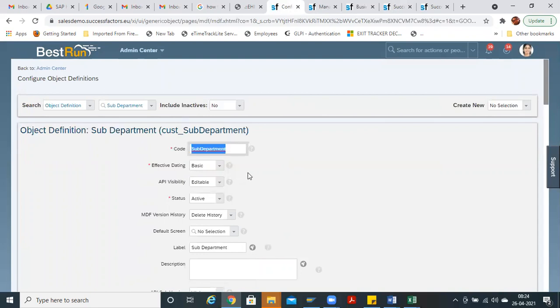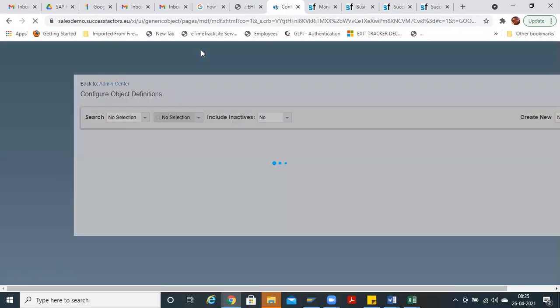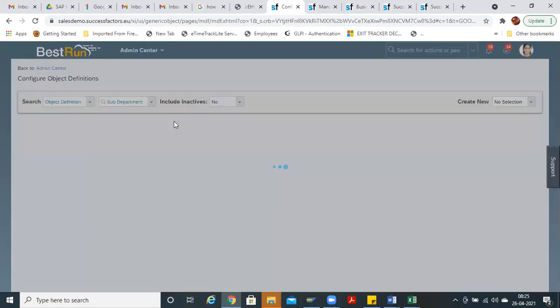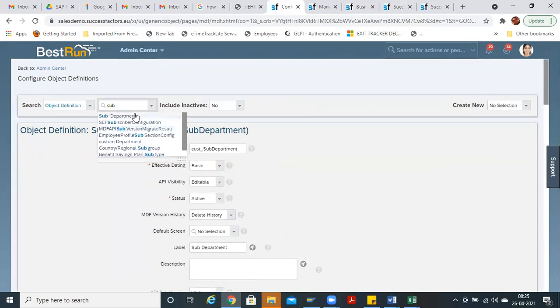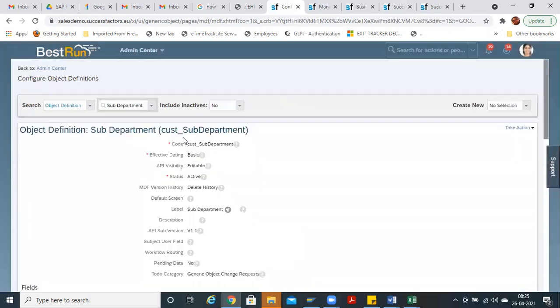Then system will say, just a second, let me refresh it. Then system will ask from which foundation objects it is to be created.